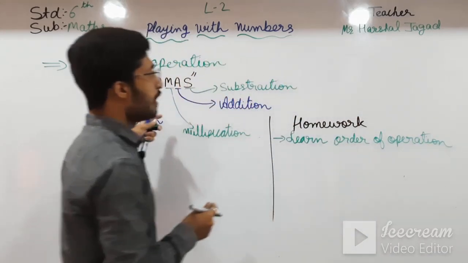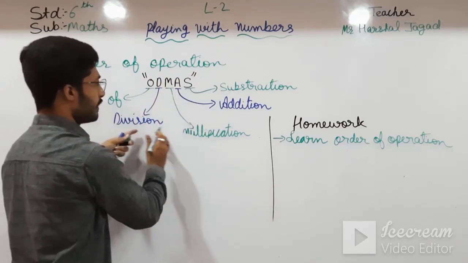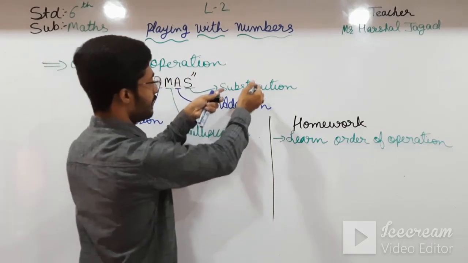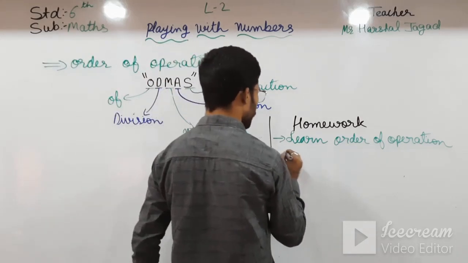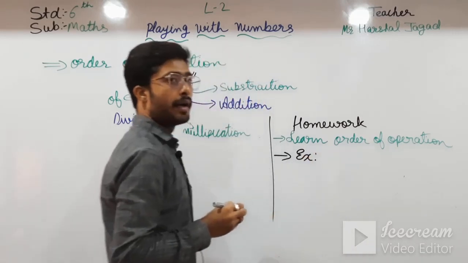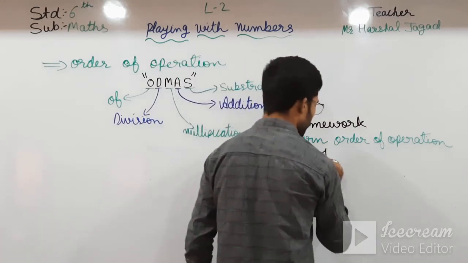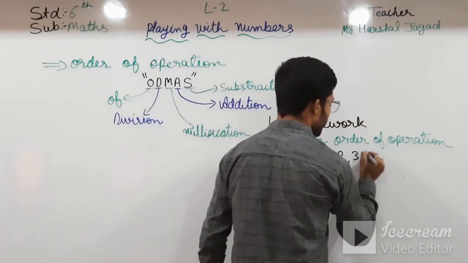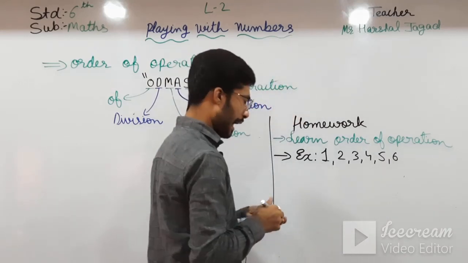Okay students, learn this whole order: first comes of, then comes division, then comes multiplication, then comes addition, then comes subtraction. Then what we have to do is example number 1, 2, 3, 4, 5, 6 in your example book, and